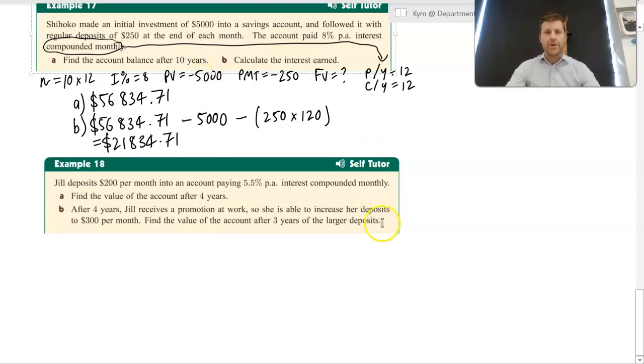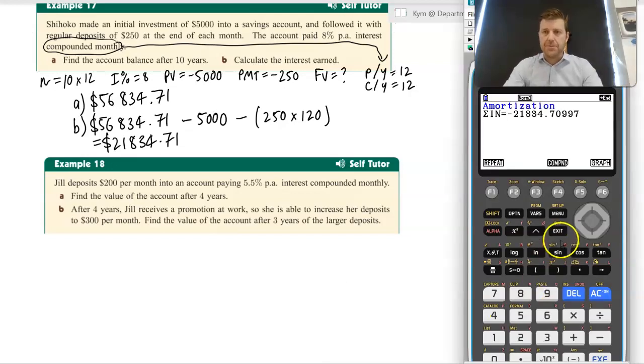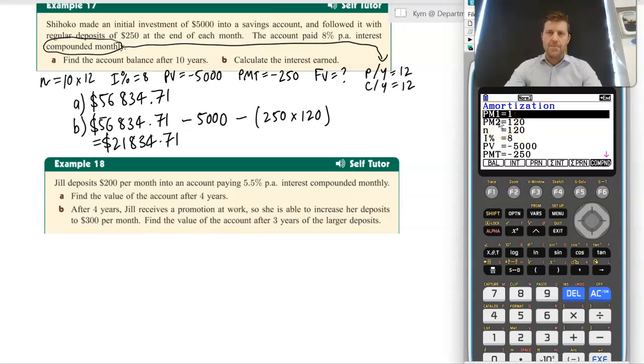One last thing I just want to show you again in that amortization function is, and this is the tricky part of this function, is really understanding that with PM1 and PM2, we're talking about how much interest is earned from a particular period, inclusive of that period. So let's just say, for example, that I wanted to work out how much interest I earned in the last year, okay? So I'm asking it to determine what's the total sum of interest in the last 12 of those periods for me,